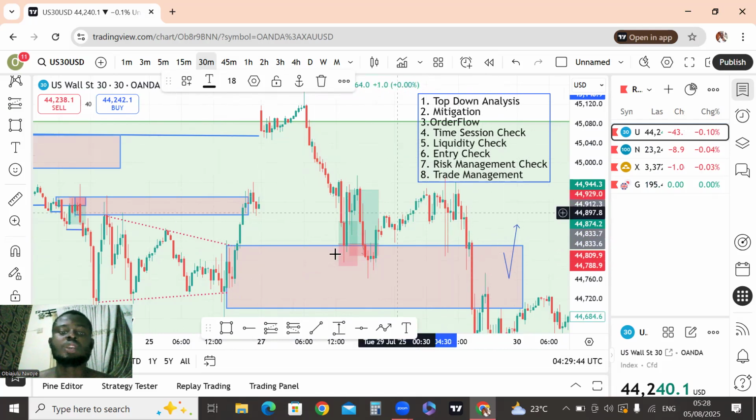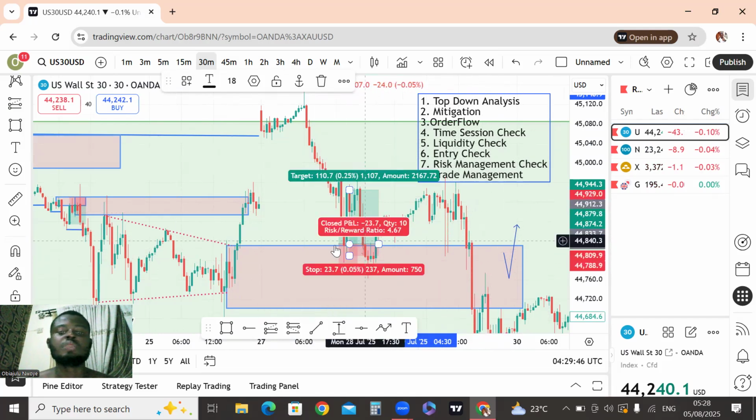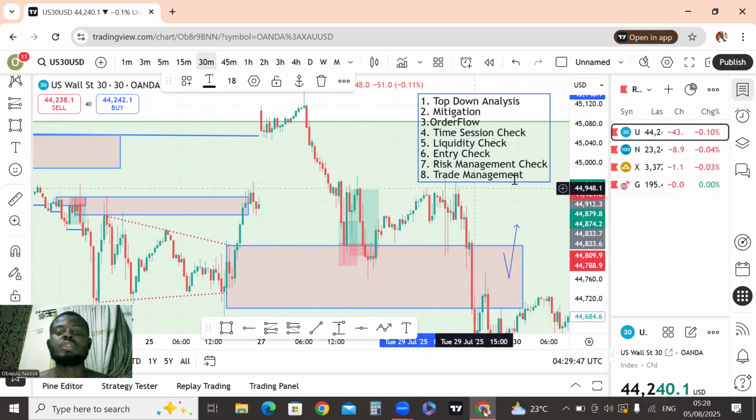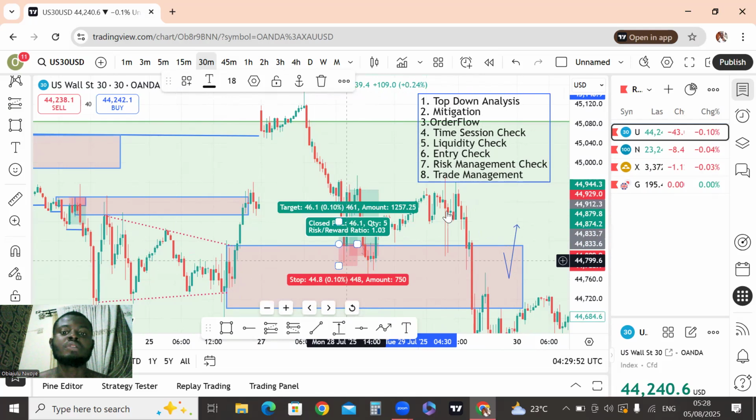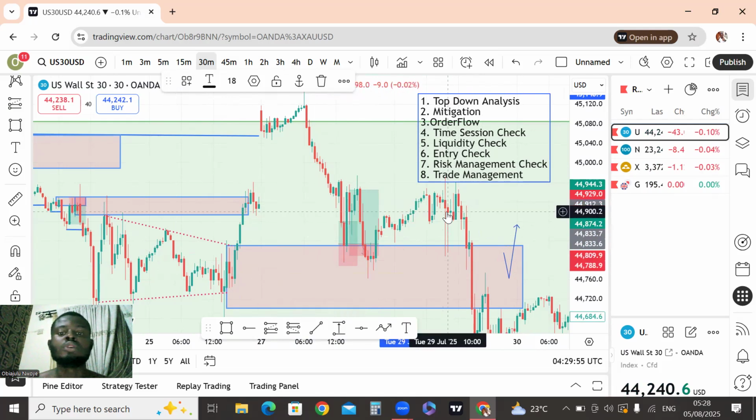Then entry check, I saw my confirmation entry. Risk management, I risked well. Then trade management, my SL, perfect SL, perfect TP. There was no upcoming news. My checklist has been checked out and everything is okay. Liquidity is there. But I took the trade and this candle here, this one that you're seeing here,